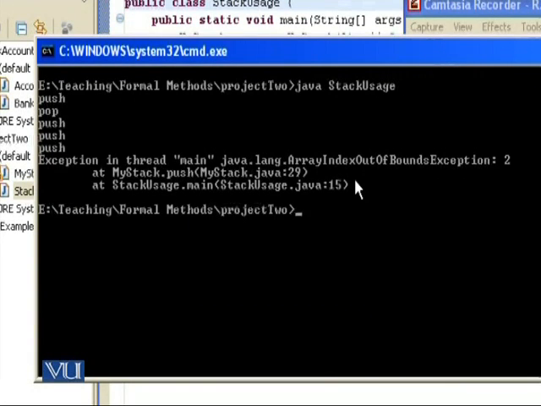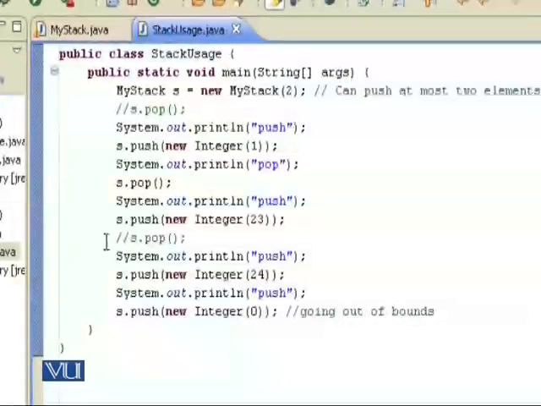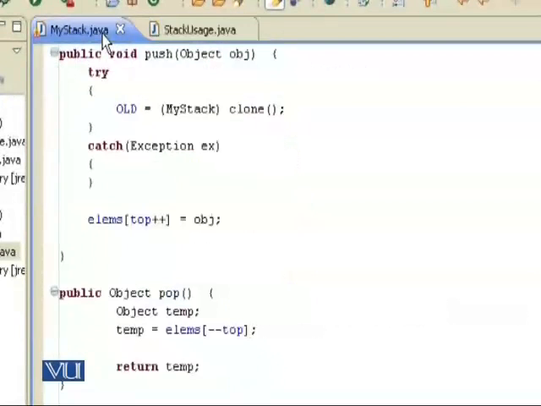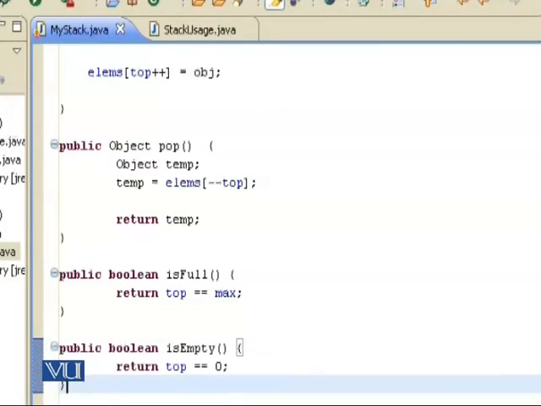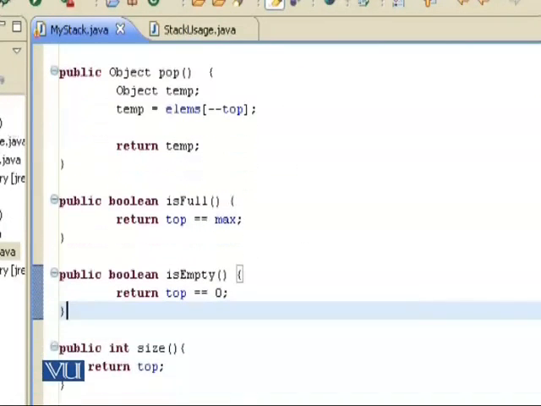Then I have this exception in thread main, Java lang, and so on and so forth. It does not tell me what happened really. It says out of bounds, but what really happened, it does not tell me anything about it. So I need to add some contract there. So what I do is I go to my Java class and I add a contract in the Java class,